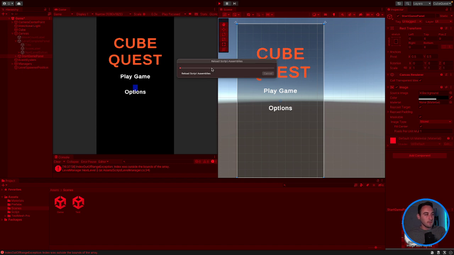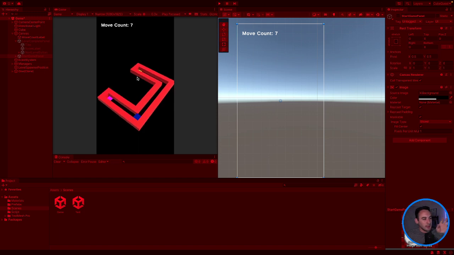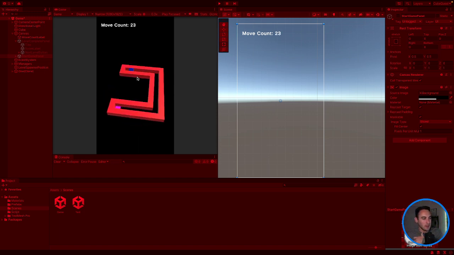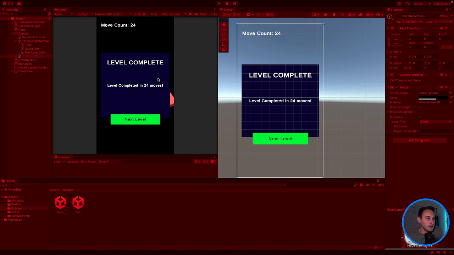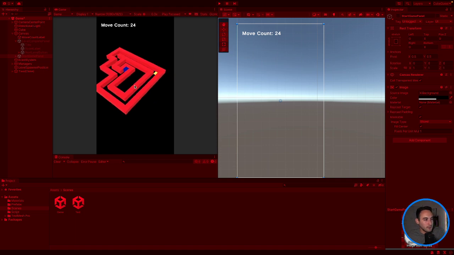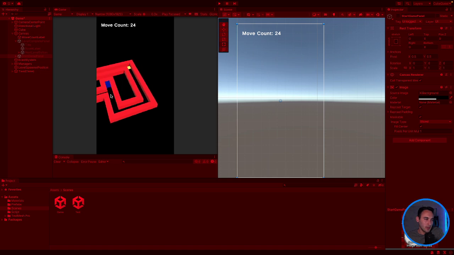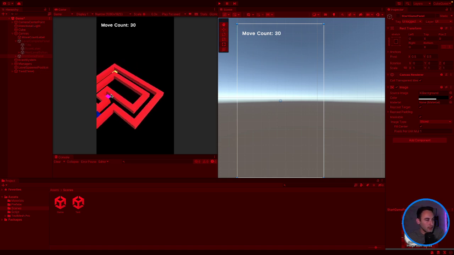Okay, so let's test this out. So here we have our start game. When we press play, the camera zoom in effect still doesn't work. We'll get to that later on, but we can play the game. Here we have our level complete panel, which we will change as well in the future. And then we have a nice button here that has a silly hover effect that we don't really want, but we'll change that later on as well. So when we press next level, we get our next level. So we still need to figure out the rotation position of the camera as well, or maybe it's the position of the level rather. But here we can still play our next level,